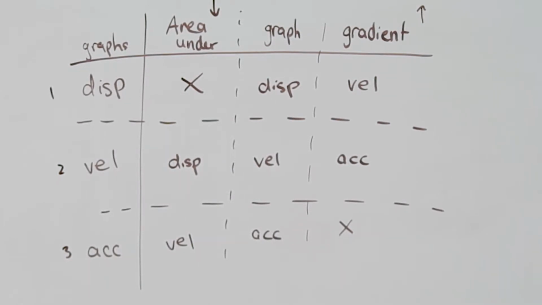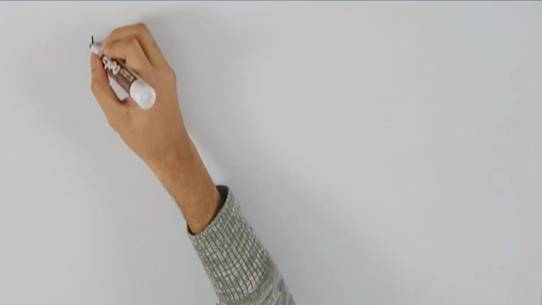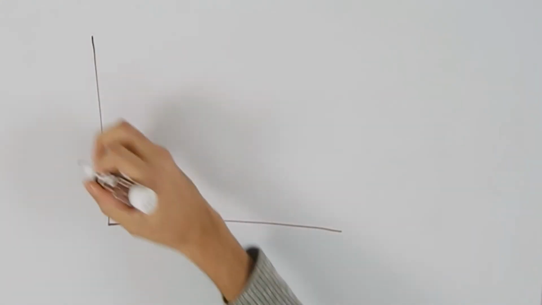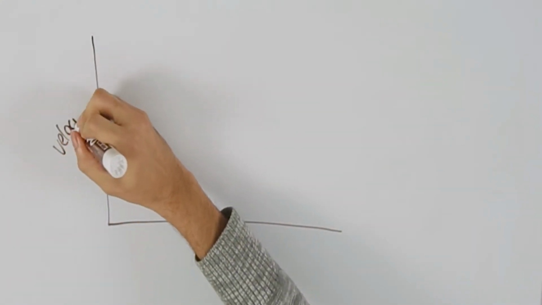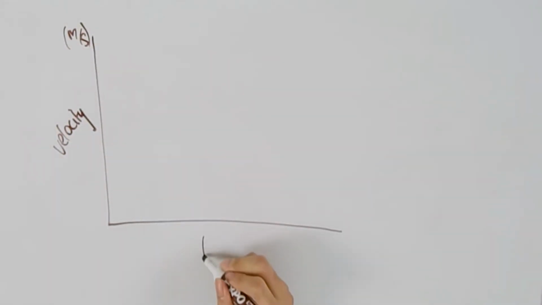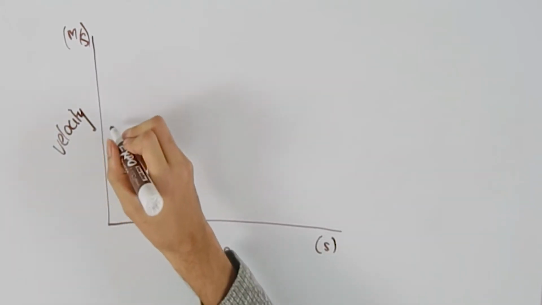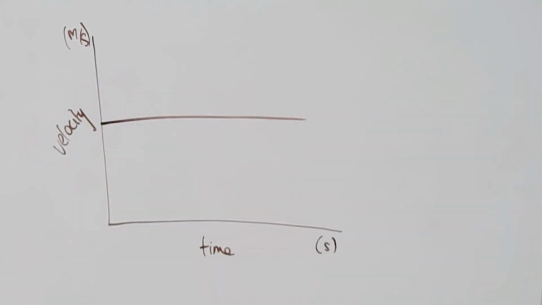So I'm going to show you a way to help you remember them if you do forget, and it is using units. So we're going to start with a velocity time graph. Velocity is measured in meters per second, and time is measured in seconds. So let's just assume a random graph like this, a straight line. And now we're going to look at